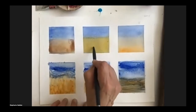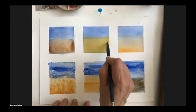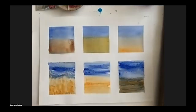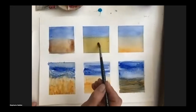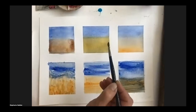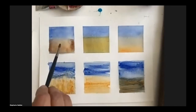Now, I know I mentioned sgraffitoing into the soap, but actually if you do it on the wet surface of your watercolour, what happens is that the paint starts to collect in the indentations that you've made. And as it dries, that becomes more apparent, but not too unsubtle. It's not like drawing the line into it. It's just like adding a tone of marks, if you like. So I'm just going to leave that there to sit, and you can see already I'm getting some really nice